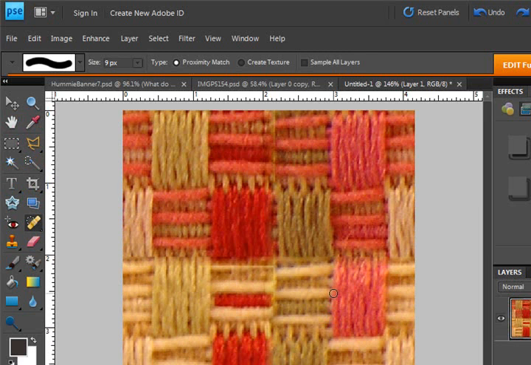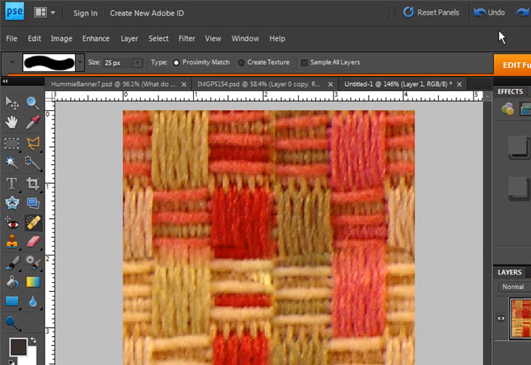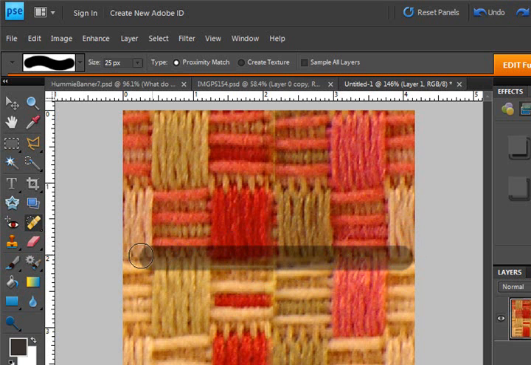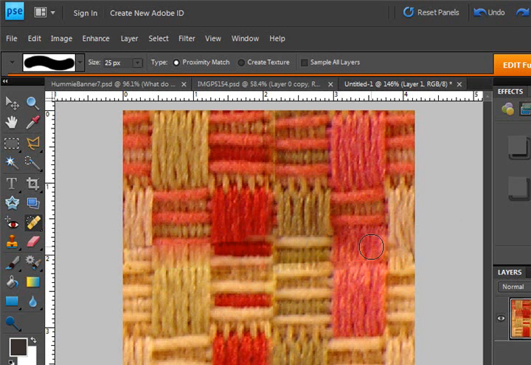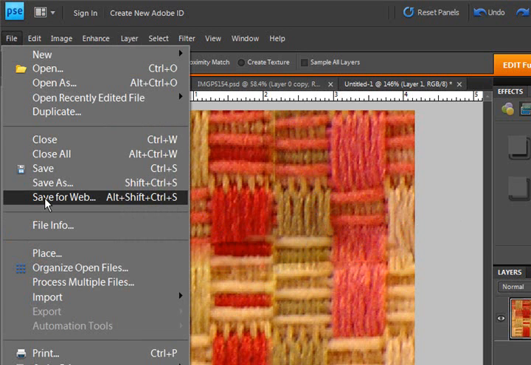But I may need to make my brush larger. I'm not going to play with this. It worked really well the first time, but go back and review those other tutorials to see how to get these lines out of there. Oops, see, I'm not holding down the Control key. That just made a mess. So I'm not going to play with this anymore. I'm messing it up. But once you get it there, you're going to do Save for Web,